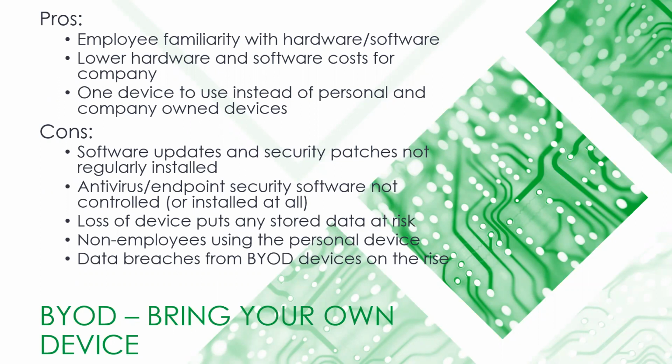Patches, they need to be done. Antivirus or any other type of expanded endpoint security software. A lot of antivirus vendors are putting out more of a firewalling function. There's all sorts of options for endpoint controls. The loss of a device, if it's a smartphone or a laptop, can put any locally